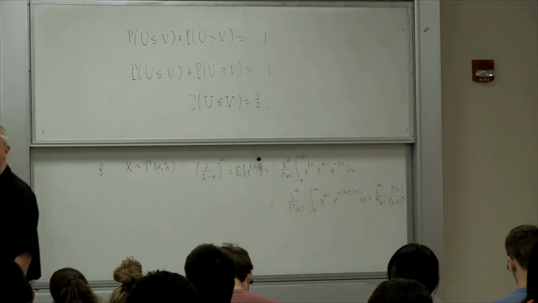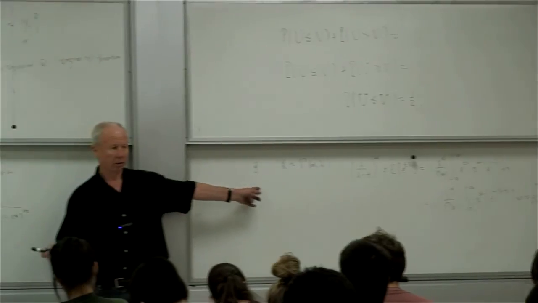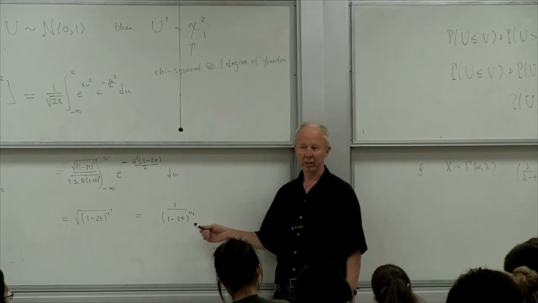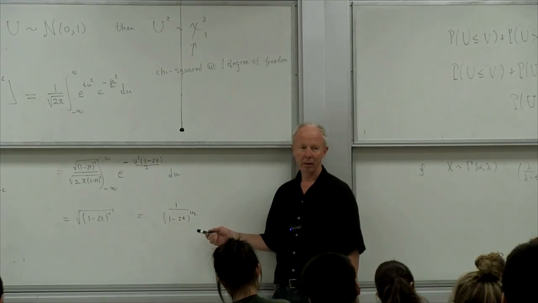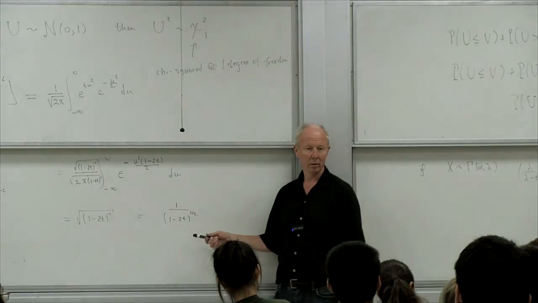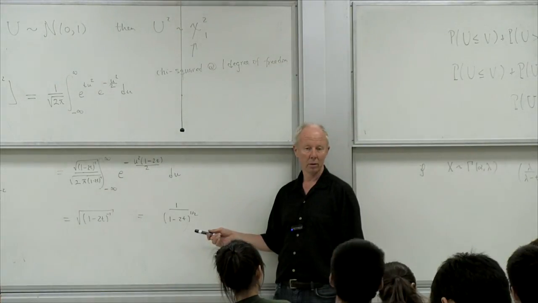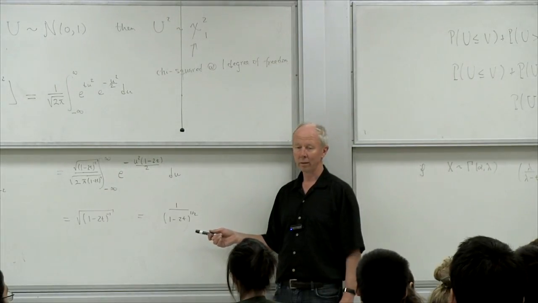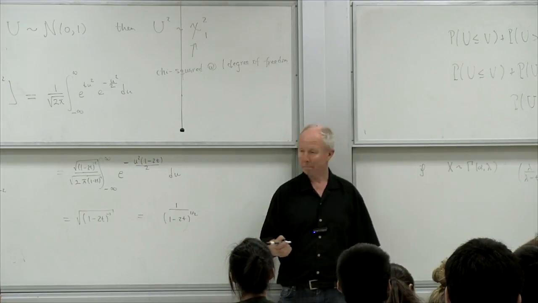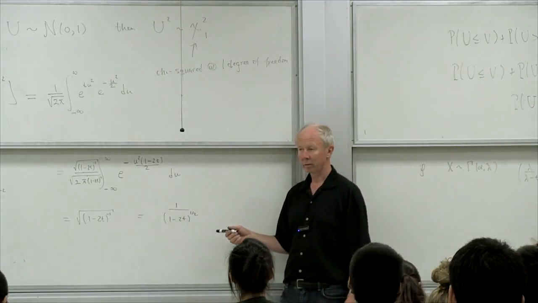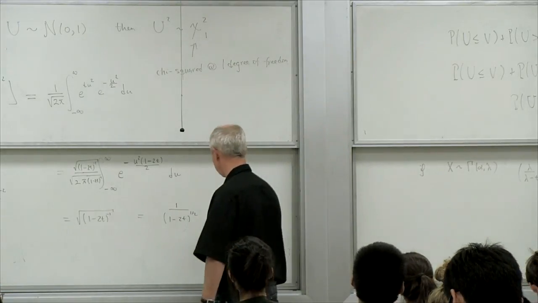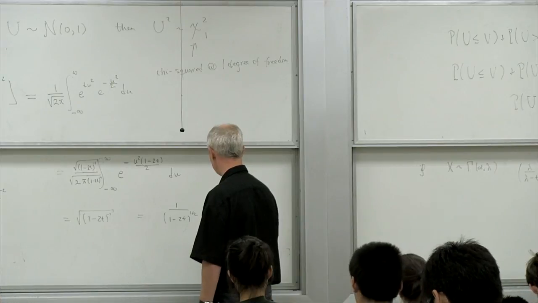Okay. Does this look like that at all? Well, we have the minus t in the denominator. That's a good sign. What would lambda have to be? 1. Lambda has to be 1. And what would alpha have to be? 1/2. Right? So this is